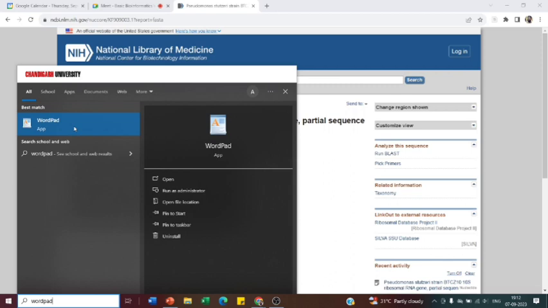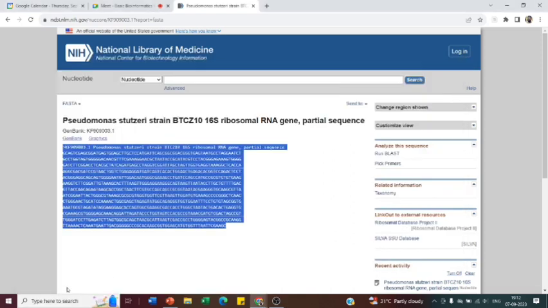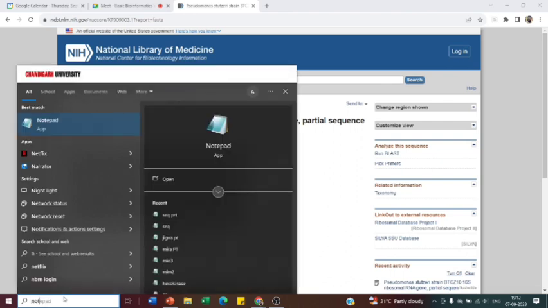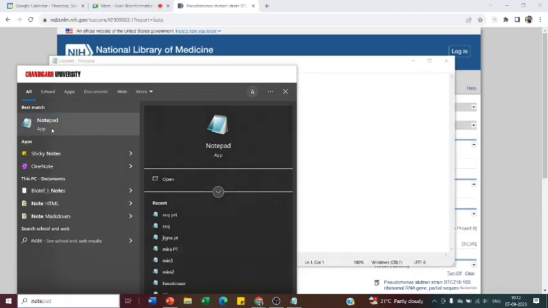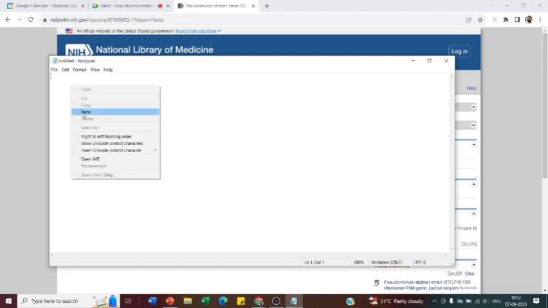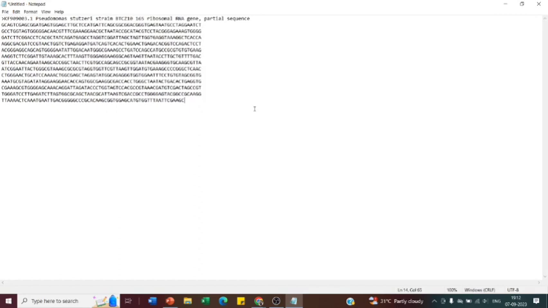WordPad. I think WordPad will work. Notepad is best, not WordPad. Notepad will work. So I have just taken the Notepad and just pasted this sequence. If you get your sequence from the sequencer machine, you just take it from the result mail or somewhere and paste it in a Notepad,